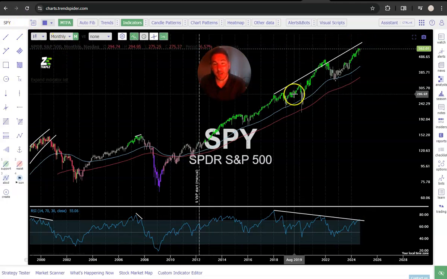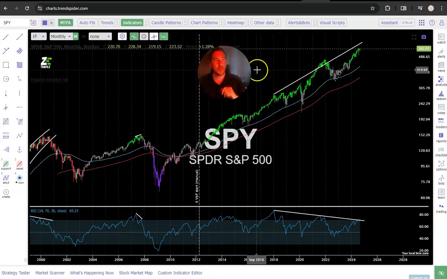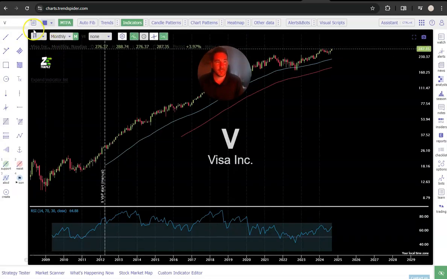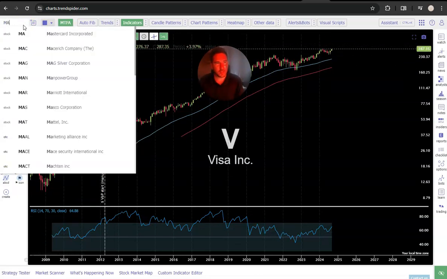What are those stocks? The top 10 in the S&P and the top 10 in QQQ, where the biggest allocation of that trust that holds all those equities are pretty much the same stocks, right? They may be off just by a little bit, but they're pretty much the same. Visa, look at Visa. Look at this thing. It's a freaking monster. MasterCard,